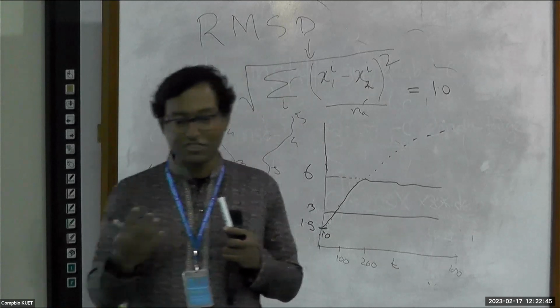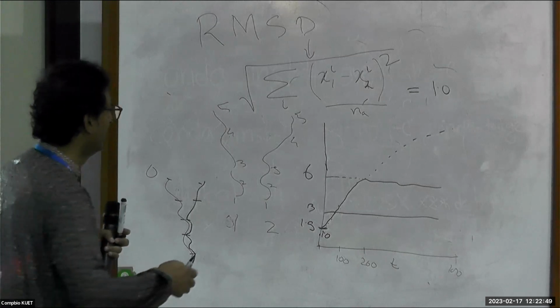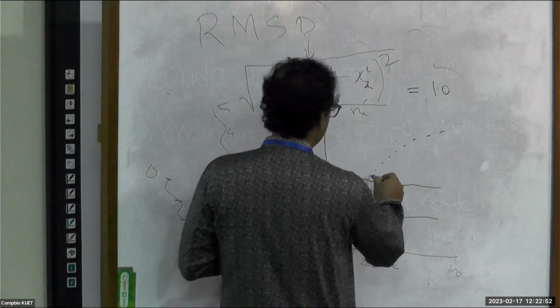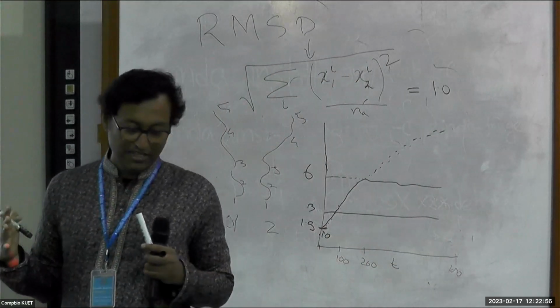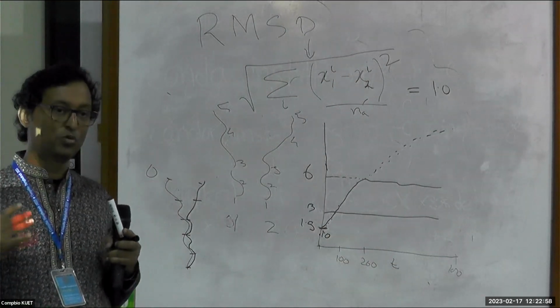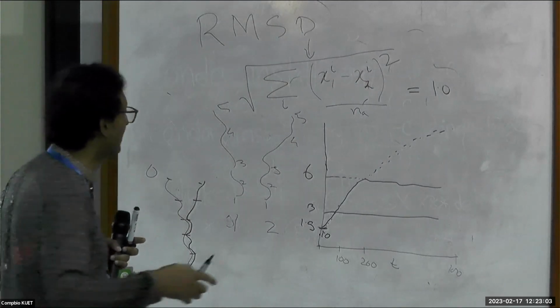Okay, so good question. So let's say your RMSD kept increasing, right? Is there something happening? So what are the times, like I have seen, when the RMSD kept increasing? Let's say